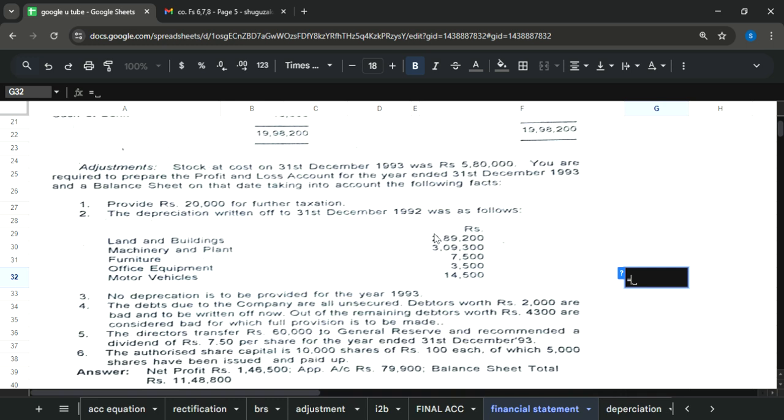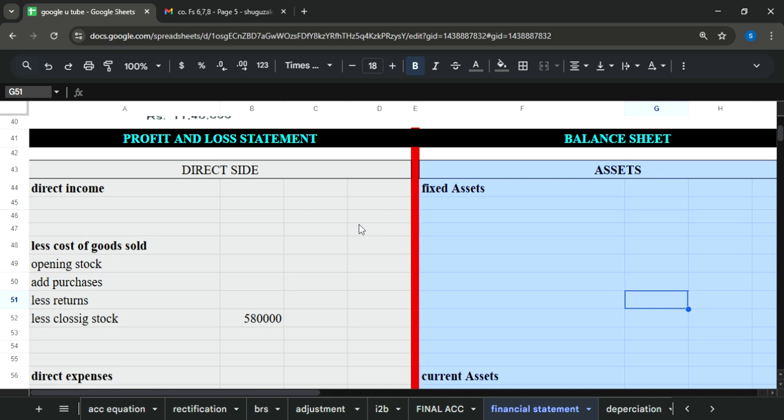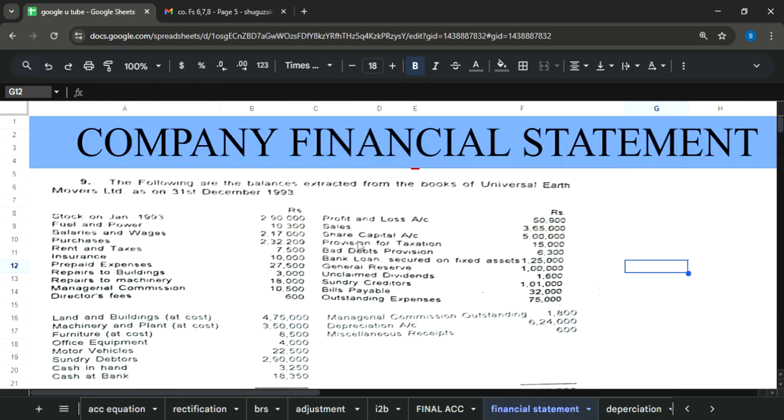So we have 289,200, then add 309,300, again add 7,500, then add 3,500, then add 14,500. So guys, in this way the total we have got is 624,000, and in the trial balance, look at here, 624,000